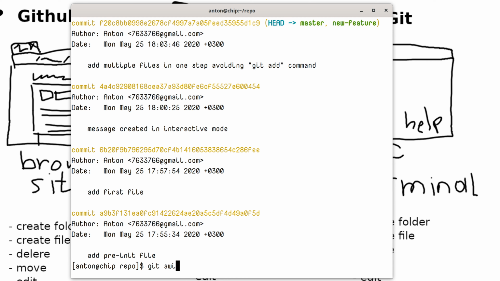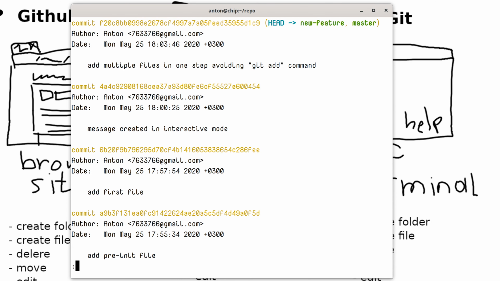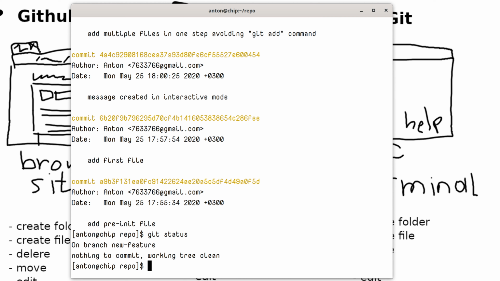the command is actually git switch new feature. Git log will also show us the same history because we haven't yet changed anything. We haven't added whatever we want to test in this feature. Let's add one commit here, and it will only be applied to this branch, and then we'll be able to check it by switching back and looking at the history, and we won't see this change